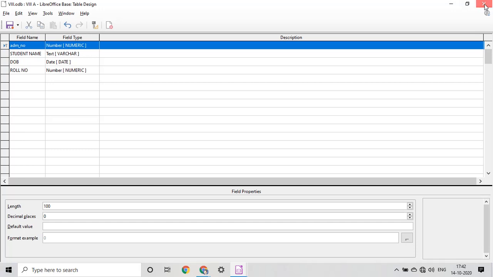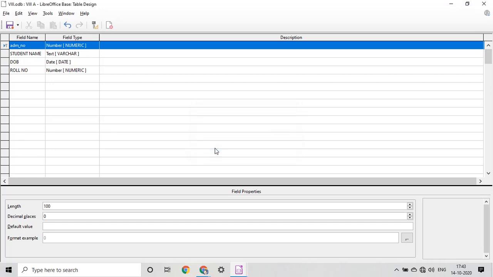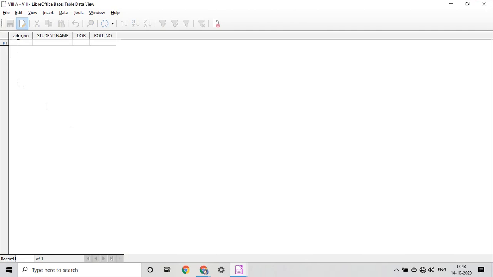Now to enter data, yes we want to change, yes we want to change. Now we can double click on this and we can easily enter data here. Suppose admission number is 101, right? Press tab key. Student name, suppose AA.